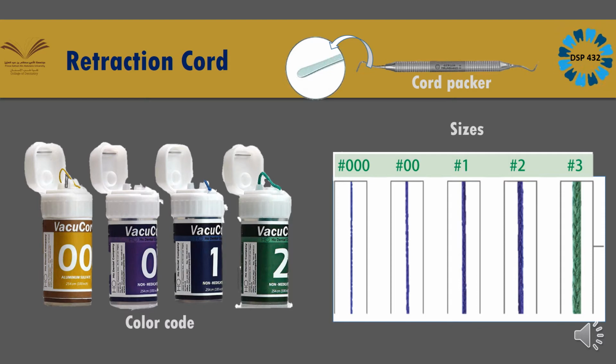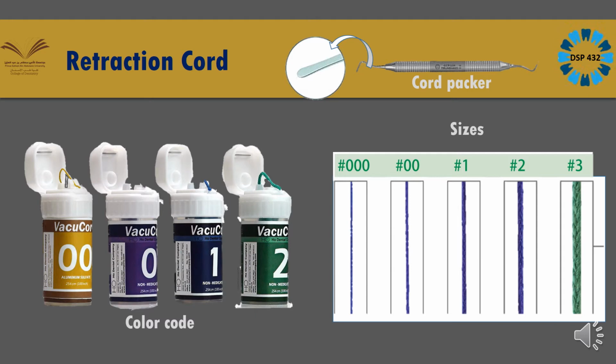Generally what happens is, now you know what calculus and stains are, right? When you do the scaling and polishing, we remove all the calculus from the cervical portion, but sometimes a small amount of calculus is there in the sulcus, which goes unnoticed. We don't know that there is calculus, and when you try to tug your retraction cord into that area, the calculus won't allow the cord to go inside, because it is stuck to the tooth and there is no space for the cord. So sometimes you apply excessive pressure without noticing that calculus.